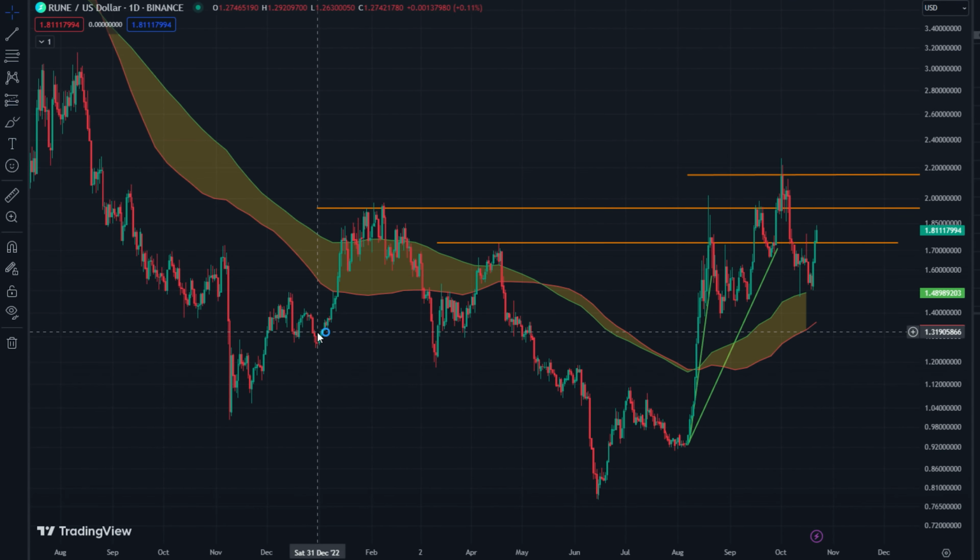And if we actually take a look, we can see that Rune was basically following what most altcoins were doing. It had its pump at the beginning of the year, the January rally, which all of crypto saw. Bitcoin went from like 18k to 30k, had a big pump everywhere. And then Rune dropped off, like we saw with a lot of alts, wicked, tested its yearly open,